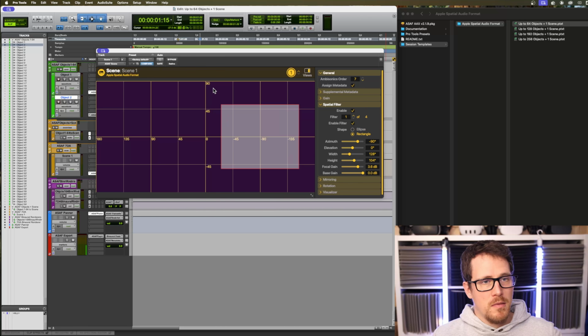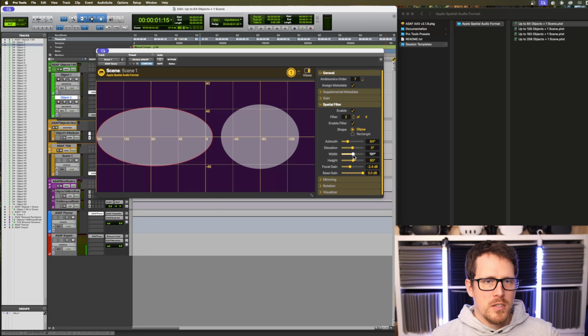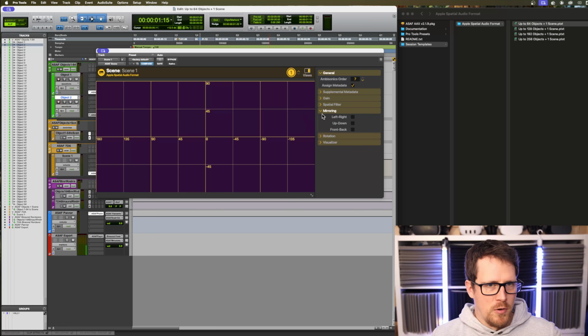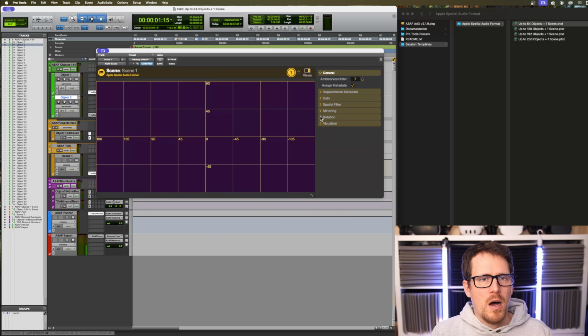Or if you are like an edgy person, you could also switch it to rectangular, and you could even add multiple filters. So you could even add another filter that would be coming from another direction. There it is. Interesting, really interesting. But let me get rid of that. And then you can add some mirroring. I don't know if you mess something up, or if the video suddenly is mirrored, but that certainly is something that could be useful. You could also switch front and back and up and down, so why not?